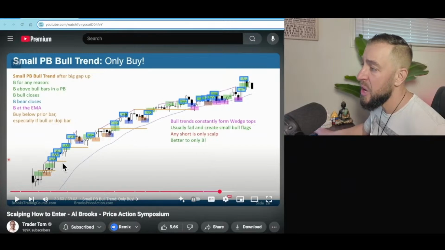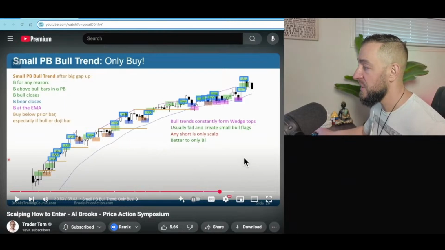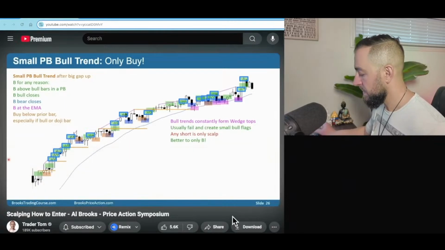I like flags. When the market looks like this, I like to enter with flags. So the easy way to do that is you just draw a line showing the bear trend, or the pullbacks, okay? And then as soon as the price breaks in that direction or above that line, then you enter. It's one of my favorite setups. Flags will be brief and not fall very far.